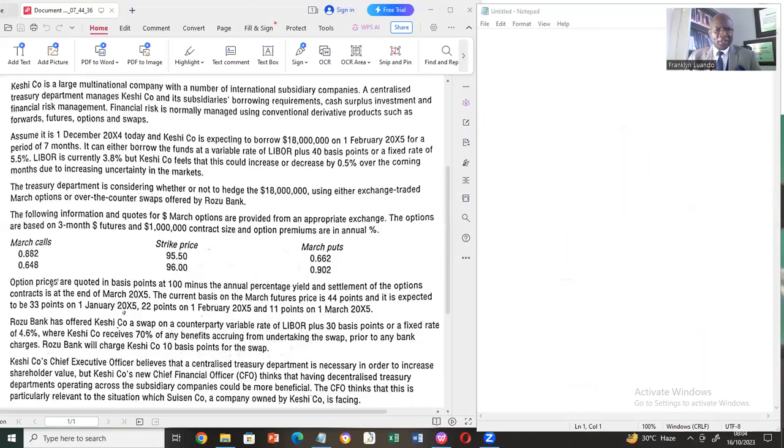We have a question here. Cash company is a large multinational company with a number of international subsidiary companies. A centralized treasury department manages cash company and its subsidiaries' borrowing requirements, cash surplus, investment, and financial risk